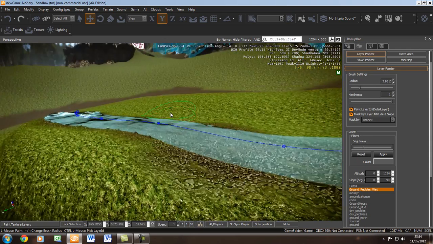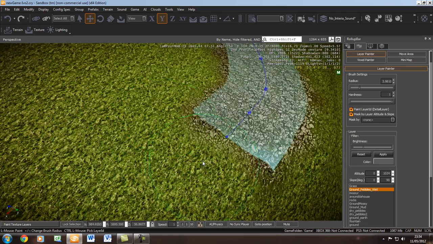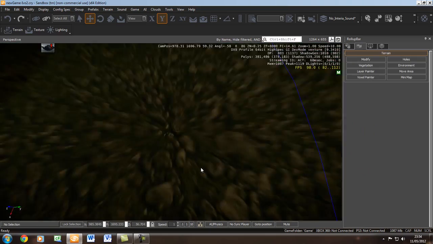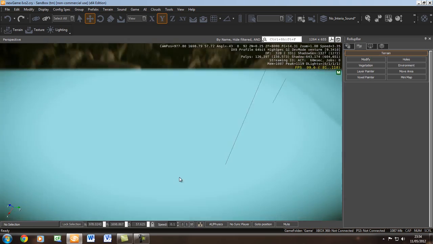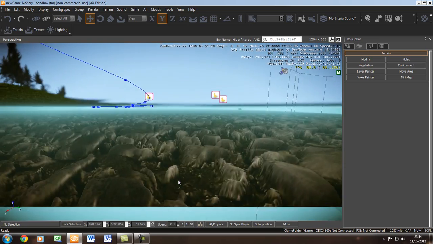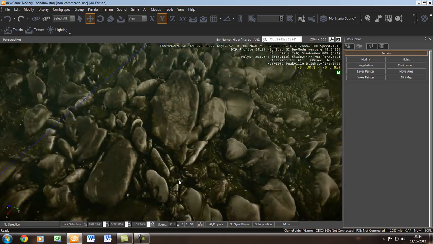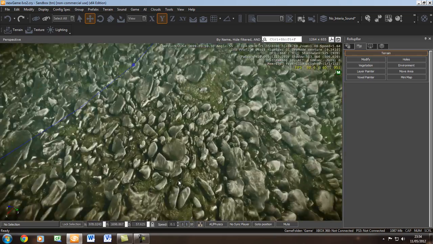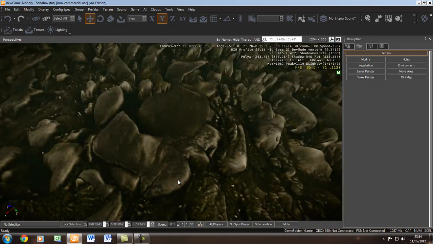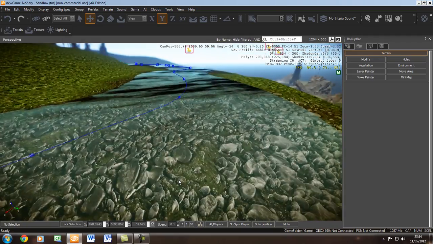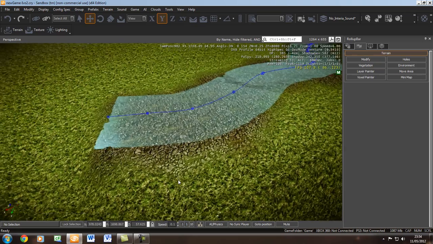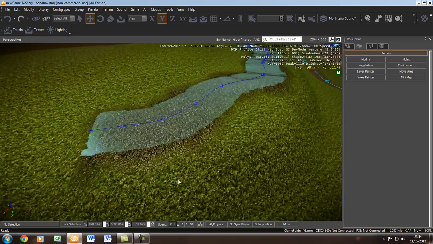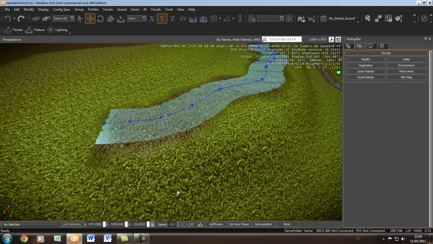Like that. So if you go inside, you can see the river more clearly, like that. You can change the color to whatever color you want, and this is how you set up